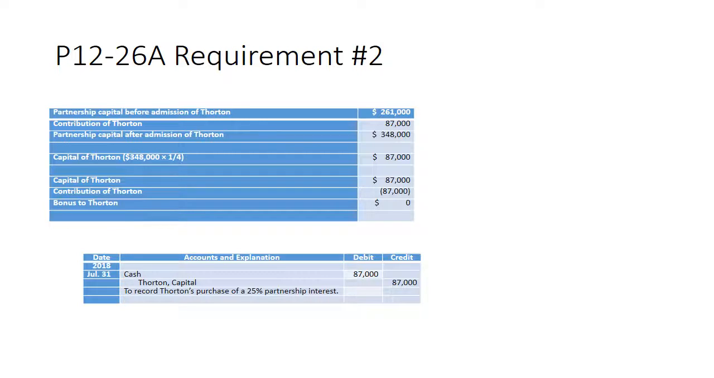It changes in requirement 2. Oh, and remember something with requirement 1. There were 3 partners before Thornton became a partner, and there are 3 partners after. In requirement 2, that's not going to be the case. Thornton gives the partnership $87,000 to acquire a 1/4 interest in the business. Now, in this case, he's a brand new partner. After he did all the